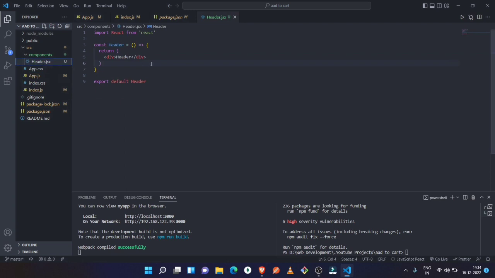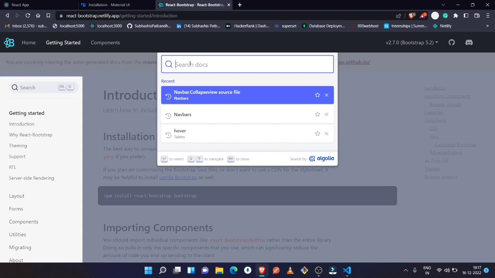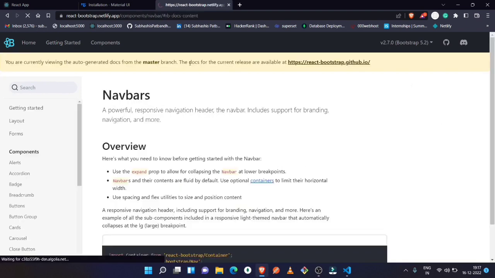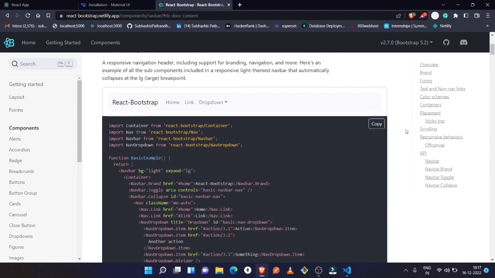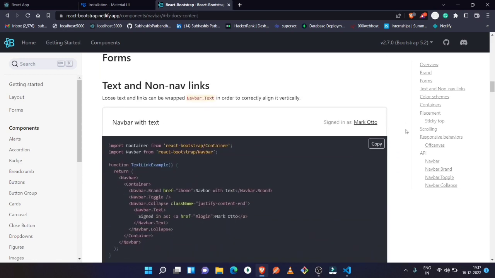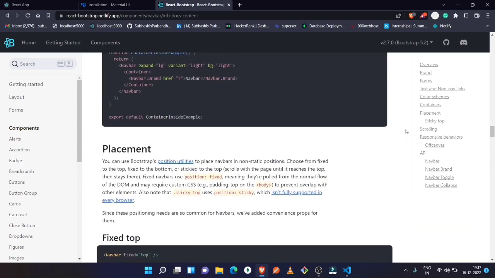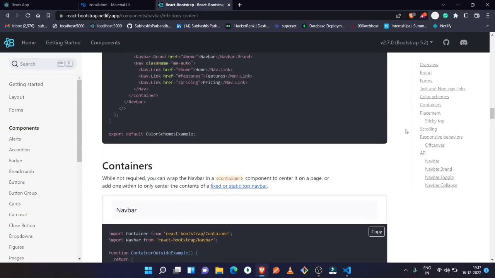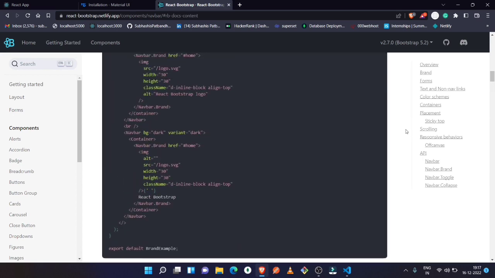So inside the header component, we are going to create our navbar. So let's go to the React Bootstrap again, and here you can search for navbar, and here you can see all kinds of navbars. Whichever navbar you like, just copy the code and paste it inside the component. So let's choose a navbar code,